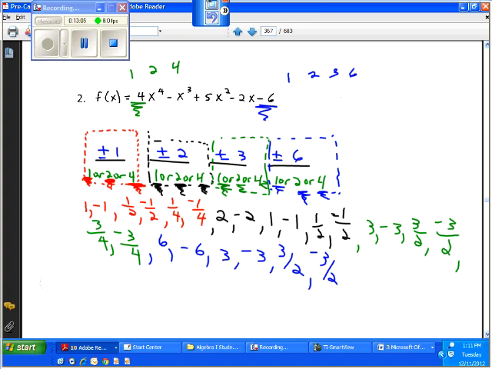Now, we're going to put them least to greatest because we want them as a solution set. The very least was negative 6, and there's not another one. The next least is negative 3, and there's another one there, so we'll only take it once. The next least is